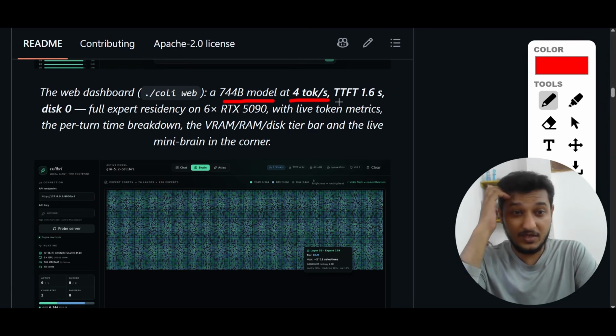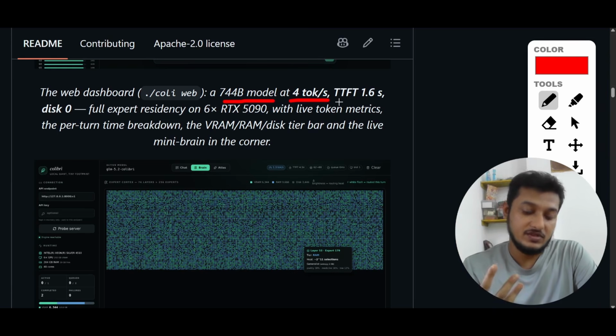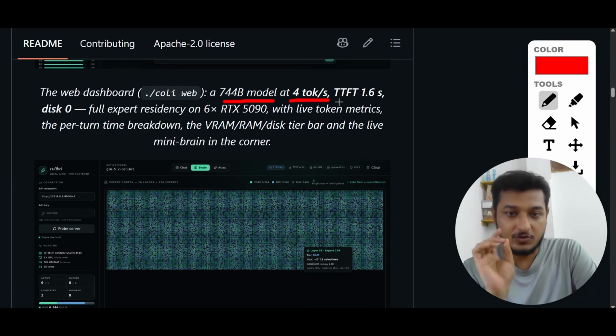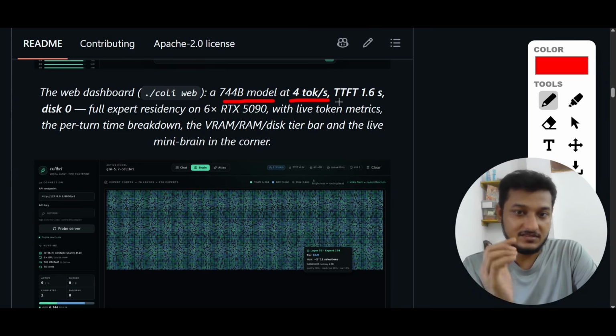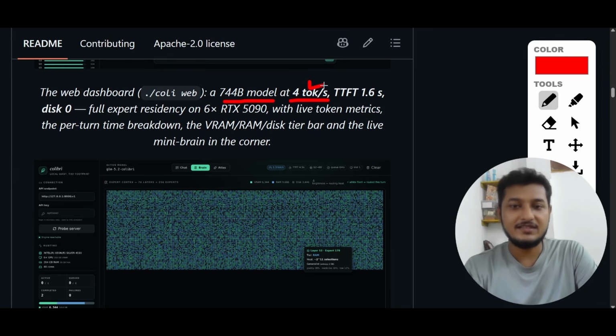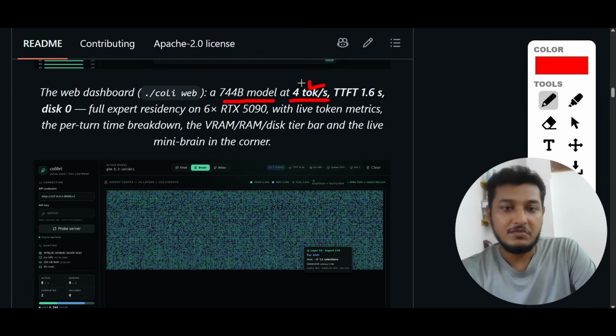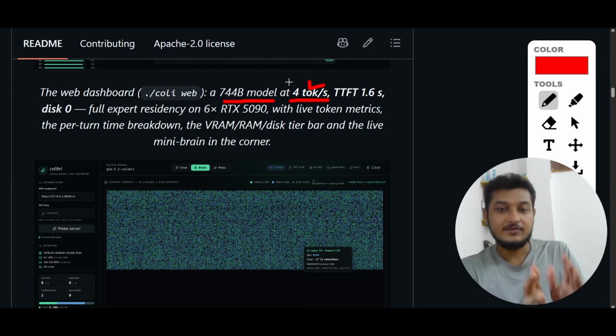Yes, the speed will be reduced based on your laptop size. If it is a 25 GB laptop, then it will be 4 tokens per second. But if you increase the size, then the speed will also increase. It is a known thing that we all know, but the main thing is that you can run a 744 billion model inside a